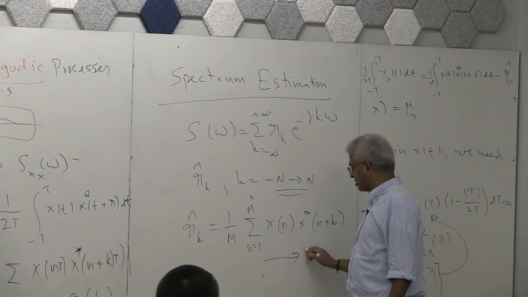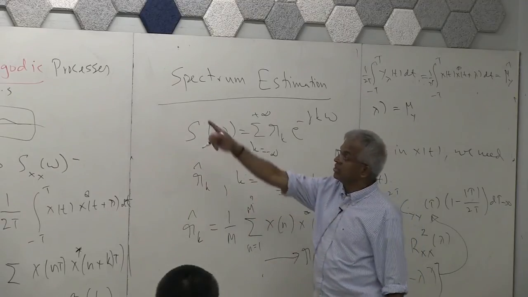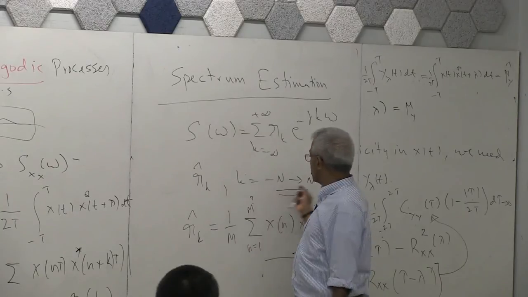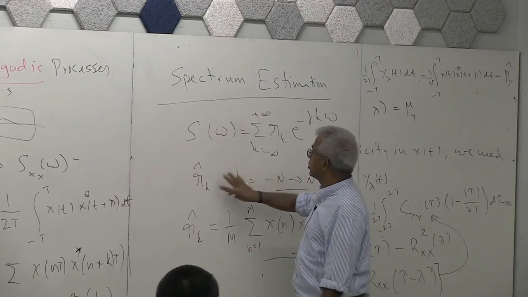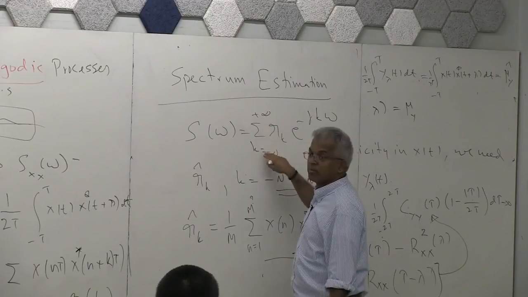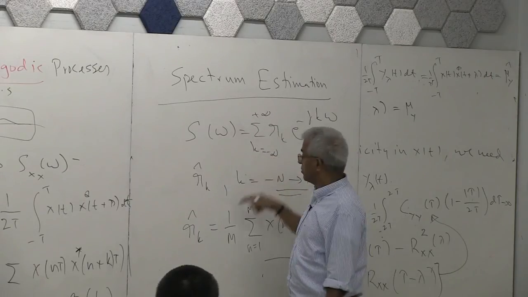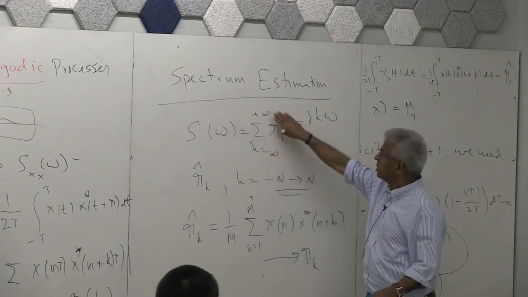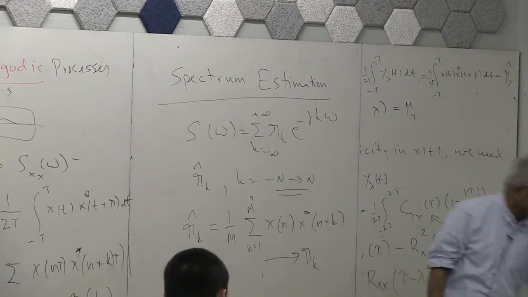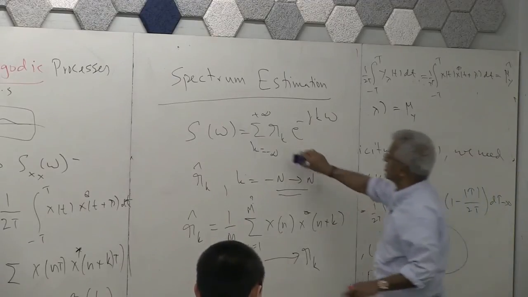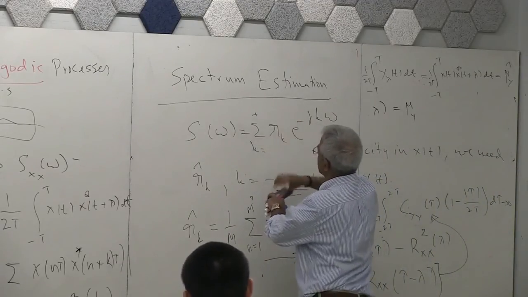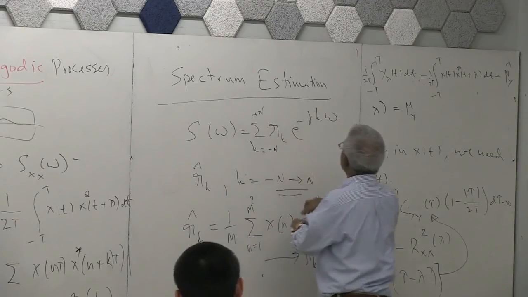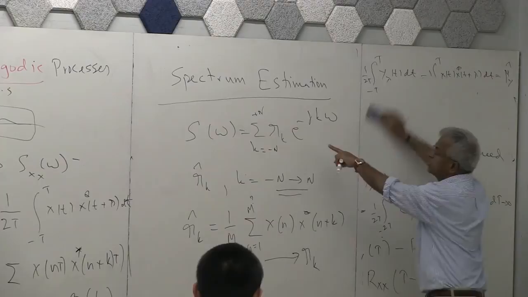This will go to this, that's what we just learned, under this correlation ergodic assumption. So even if this is true, you are going to estimate a finite number, but here you need an infinite number of them. So if you say I'm going to eyeball it by replacing it, this is not a good approximation. I cannot just say I have only minus n to n. What is the problem with this one? This may not even be